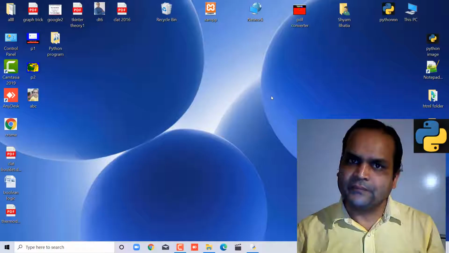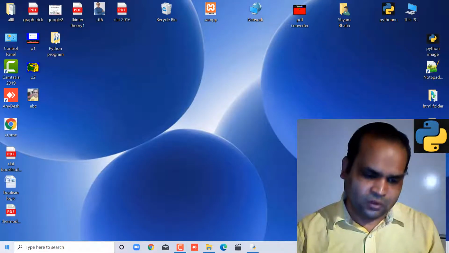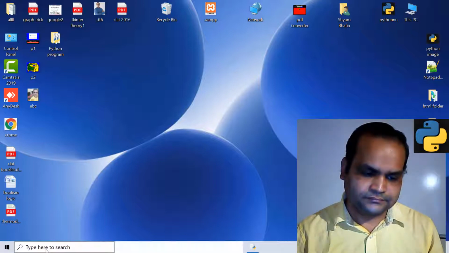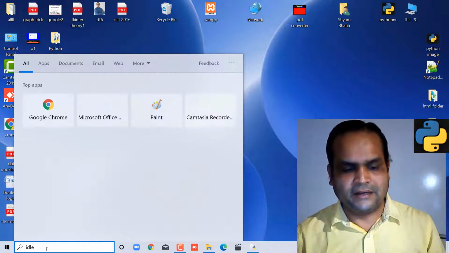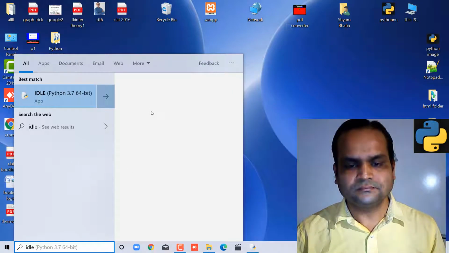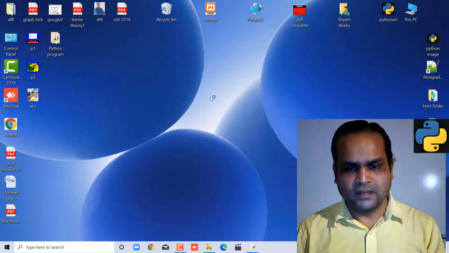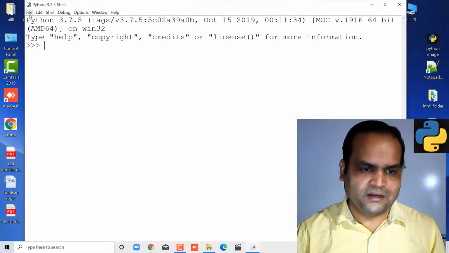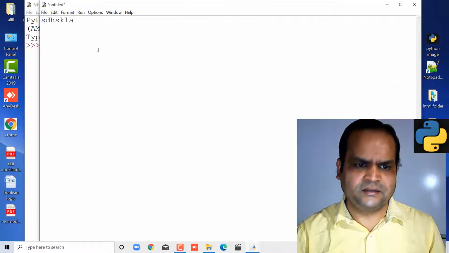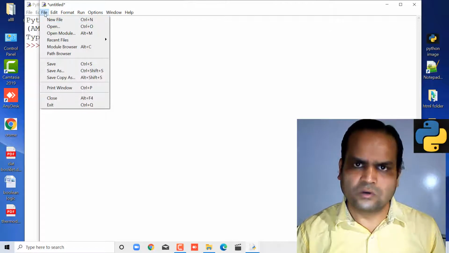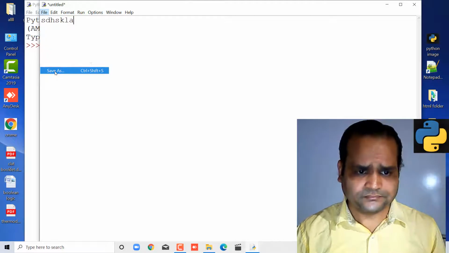So I cut the window, and here you will open the Python terminal. Ideally, go to your start button and type IDLE. Yes, open it. Just opening, and here we will code. Go to the File menu as usual and create a new file, and here write anything, then go to File and select Save As.